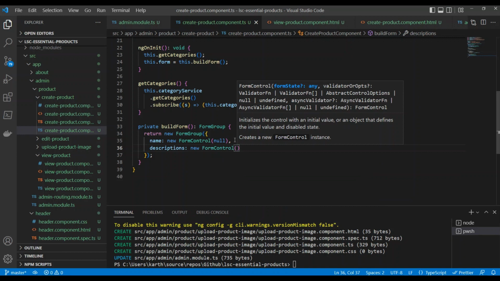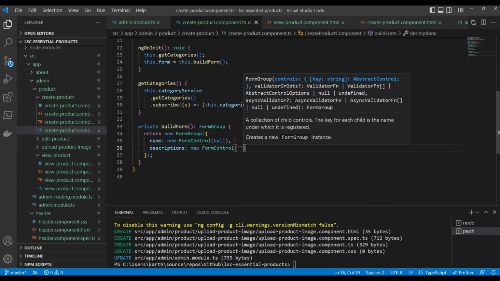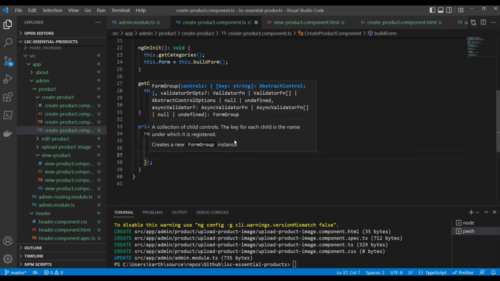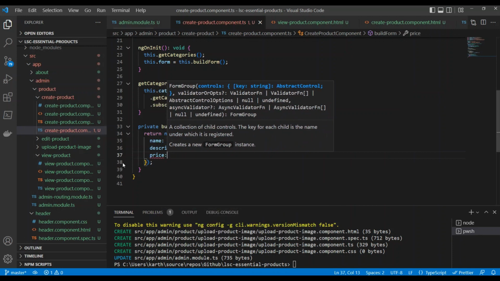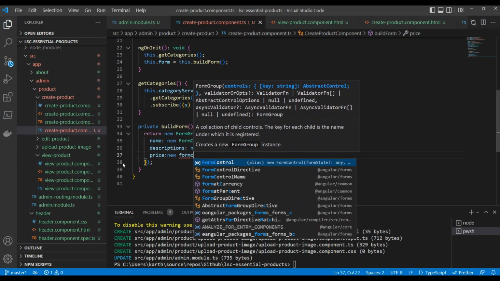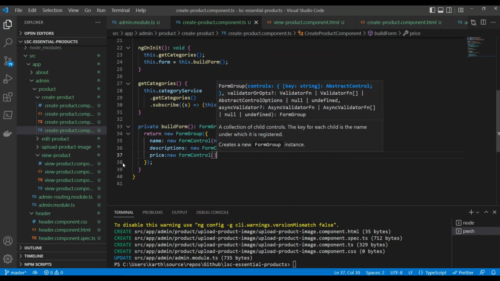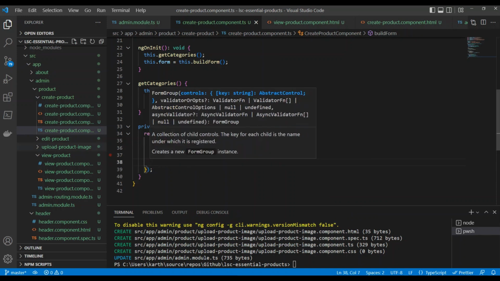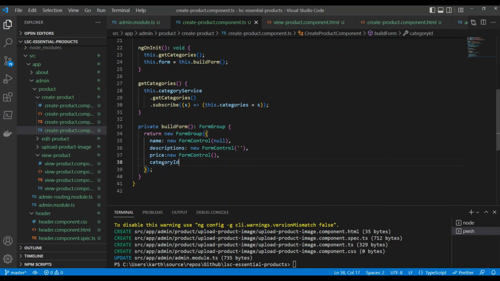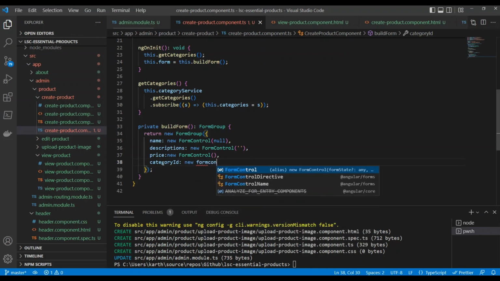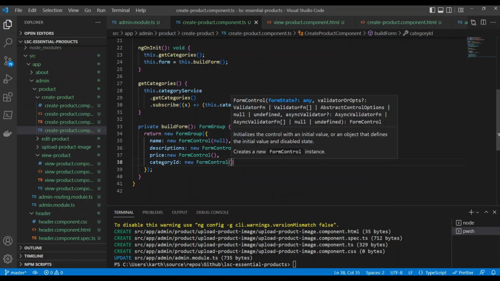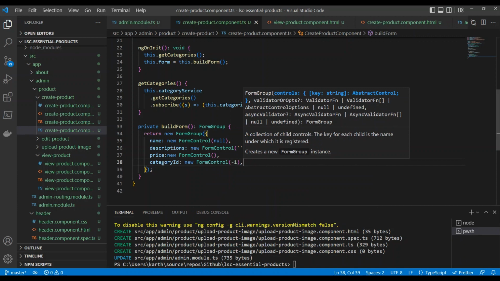Now let's build up the other controls. What are the other controls? In other controls we have description, which will be of the same form control. I'm just passing an empty string. Okay, remember there is no validation added yet. We will go to the validation shortly. So let's finish up this form. The next one was the price, and that's also again a form control. Then the category ID. Basically what I'm building here is I'm trying to build the properties exactly matching with the post